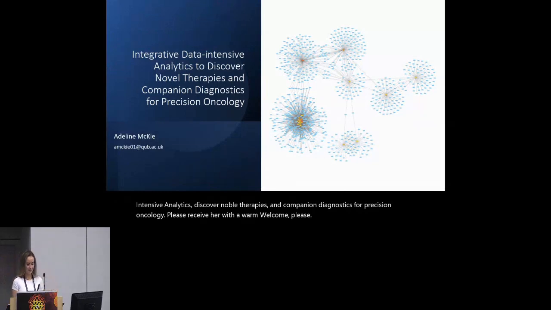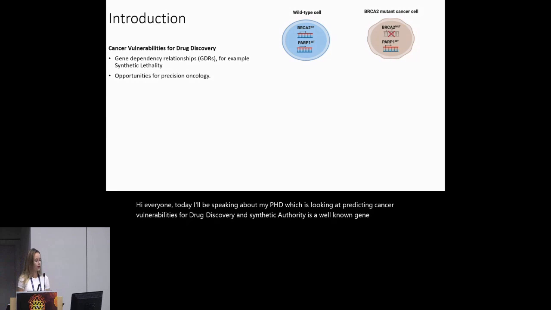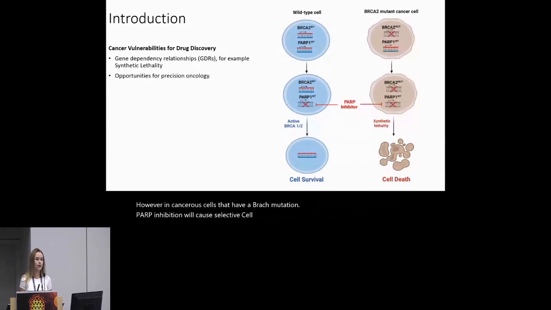Hi everyone. So today I'll be speaking about my PhD, which is looking at predicting cancer vulnerabilities for drug discovery. And synthetic lethality is a well-known gene dependency relationship. For example, as shown in this diagram, there's a synthetic lethal interaction between BRCA and PARP genes. In healthy cells, PARP inhibition does not cause cell death. However, in cancerous cells that have a BRCA mutation, PARP inhibition will cause selective cell killing, and this provides opportunities